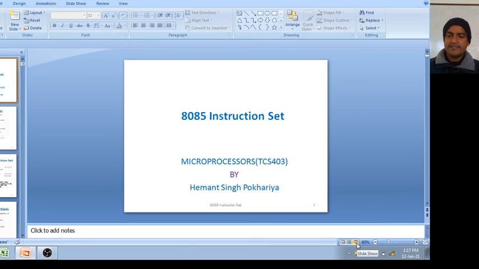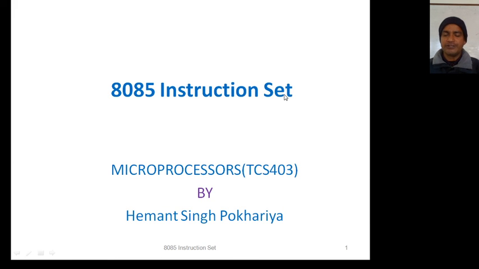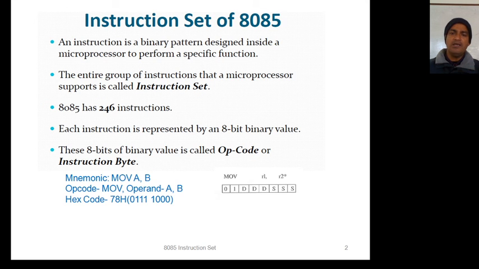Today I will discuss different types of instructions in 8085 microprocessor. What is an instruction? An instruction is a binary pattern designed inside a microprocessor to perform a specific function. It's called an instruction. This is your instruction. For example, MOV A, B. It means transfer the contents of B into A register, and its hex code is 78H, and this is